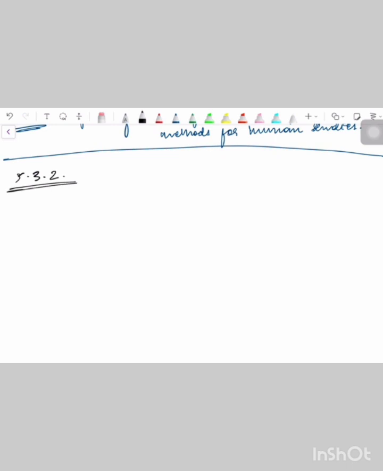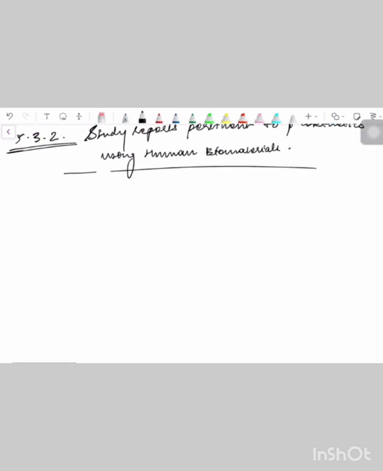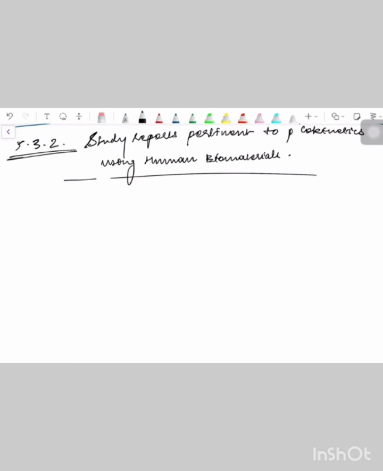5.3.2. This section was about what? Study reports pertinent to pharmacokinetics using human biomaterials. इसमें क्या आएगा? मतलब कि हमारे को बात करनी है फार्माकोकाइनेटिक्स की, बट वी हैव यूज द ह्यूमन बायोमटेरियल. इन दैट वी हैव